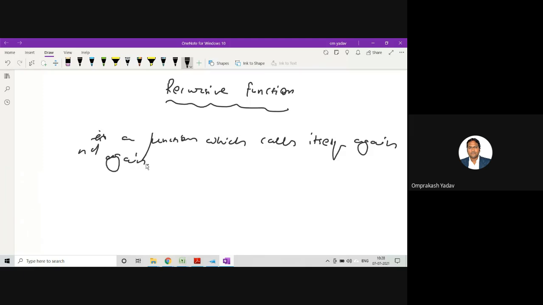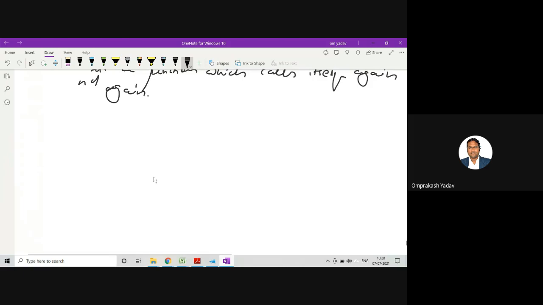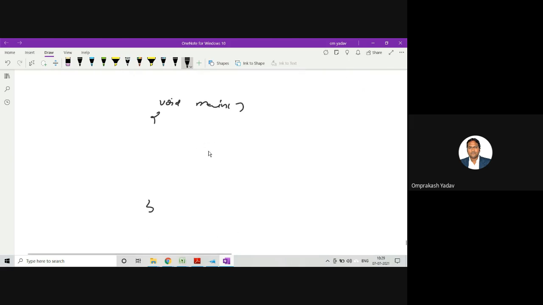For example, suppose I have written one function void main. And let's say here I've declared one variable int I equal to 1, right?